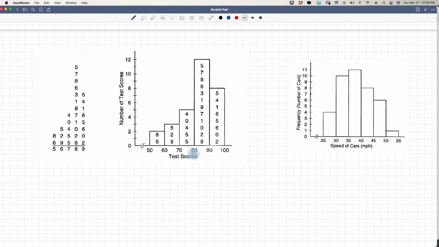So our mode when reading a chart like this is you look for the range that has the most responses in it, instead of numbers that have the same usage or the most usage. So our mode for this chart, for these test scores, is from 80 to 89. That was the majority of the grades in this class. All right, so given that,